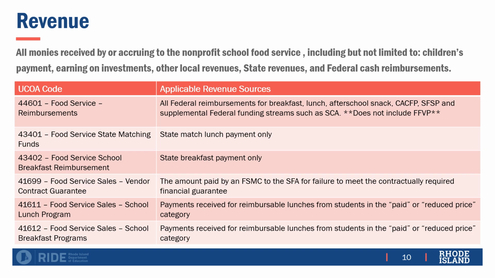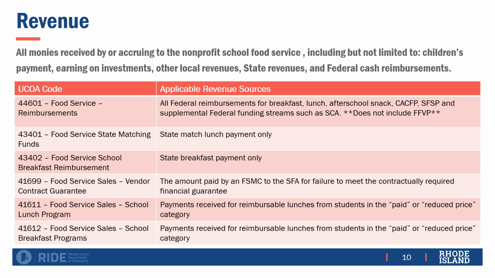For any activity that is supported with resources from the federal child nutrition programs, any generated revenue must accrue to the nonprofit school food service account and must be accounted for using the appropriate uniform chart of account, or UCOA, codes and procedures. This slide displays common sources of revenue in the nonprofit school food service program and the appropriate UCOA codes for each. Codes 44601,